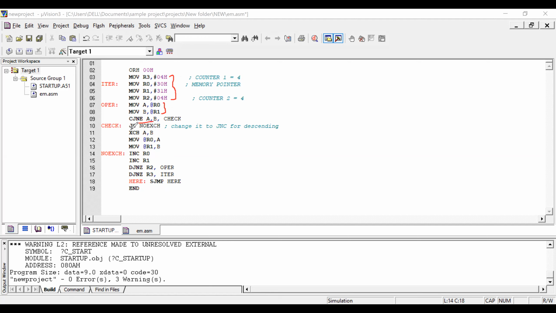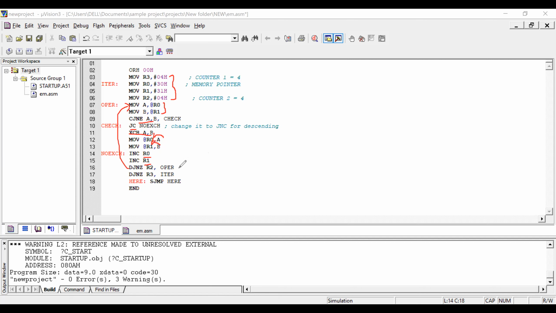If there is no carry, exchange the data and put in the corresponding location. That's it, over. Then increment next, that is another 2 locations. Then go to the iteration here to do, that is for one counter to become 0.